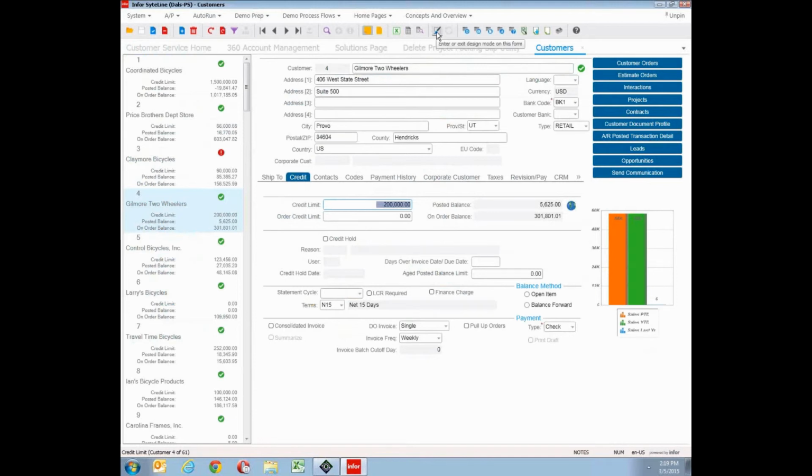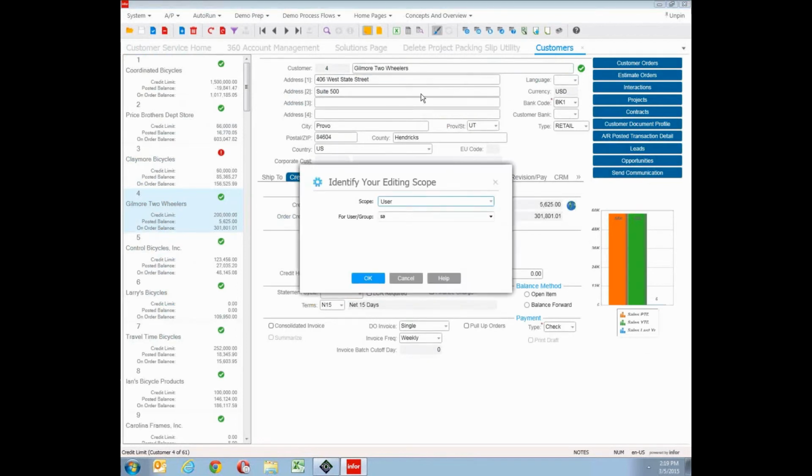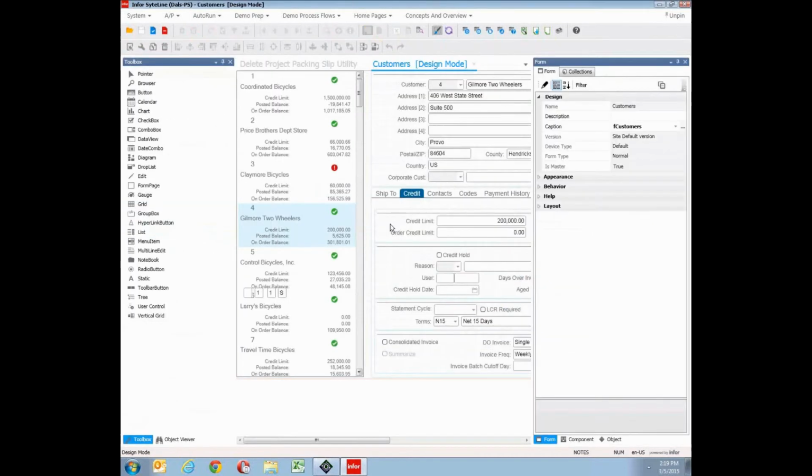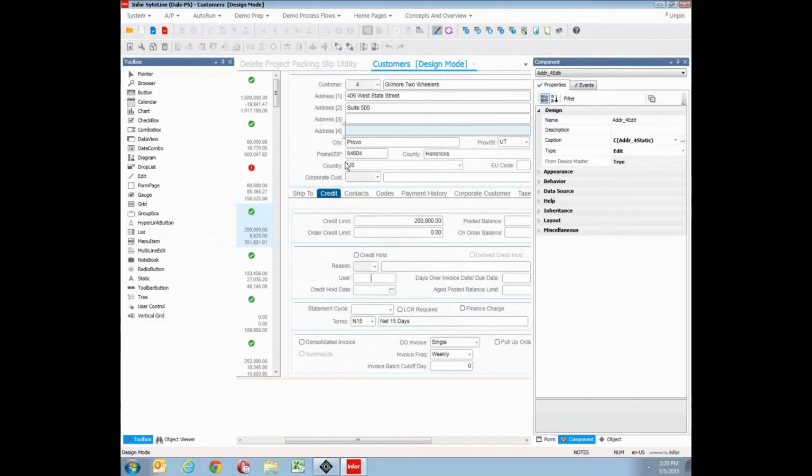So we have a little design button here at the top of the form, and you do have to have security to do this. I usually get asked that question. This is generally something an IT or super user is going to do, and it's going to allow you to come in and see the information and make changes to the information, whether I'm hiding a field, adding a field, making a field required, or using any of the tools set over here, again, to add different types of fields, graphs, grids, and those types of things. So to give you an idea of what you can do,